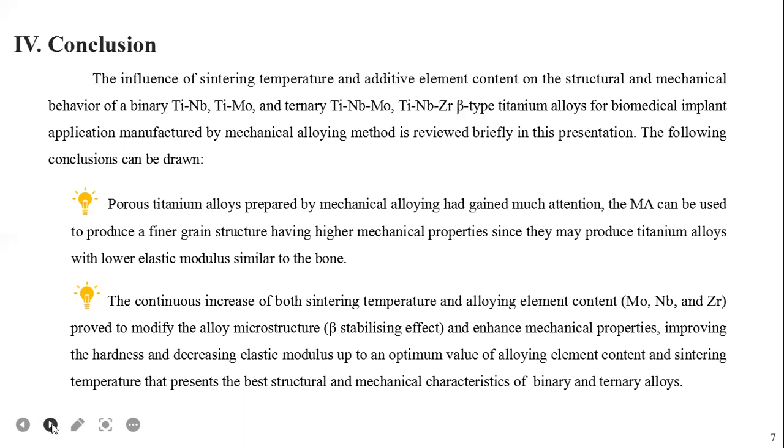The continuous increase of both sintering temperature and alloying element content modifies the alloy microstructure and enhances mechanical properties, improving the hardness and decreasing elastic modulus up to an optimum value of alloying element content and sintering temperature that presents the best structural and mechanical characteristics of binary and